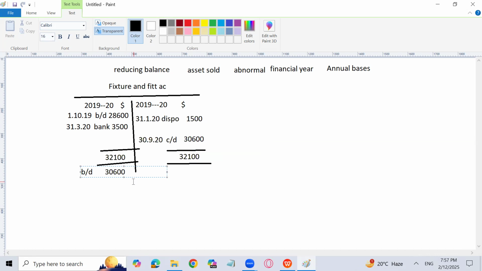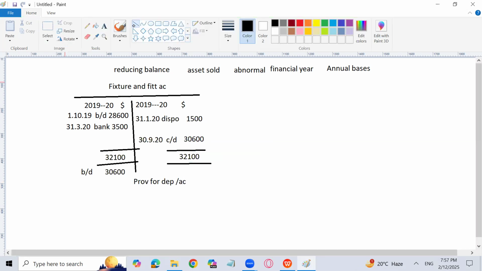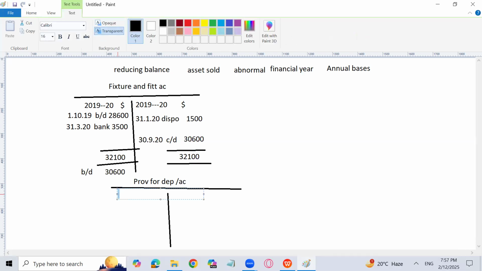Okay. So next I'm going to prepare the provision for depreciation account. Let's prepare the provision for depreciation account. I will do like this. Provision for depreciation account is a liability account, but I have to write 2019 till 20. I will go with the dollar sign, 2019 till 20. I will write here the dollar sign also. So first I will go with the brought down on